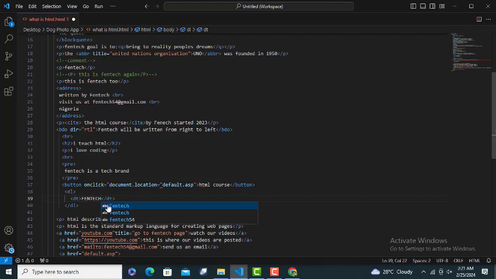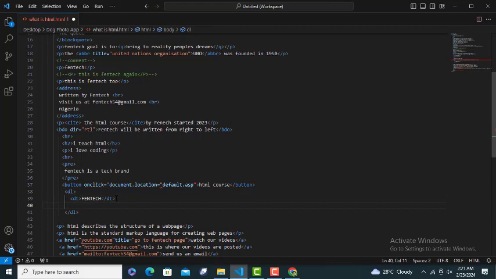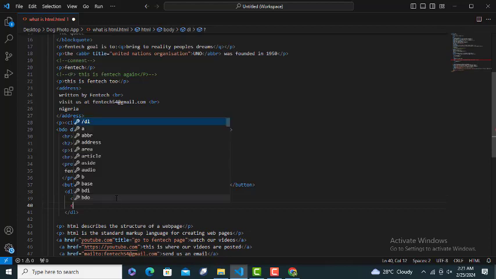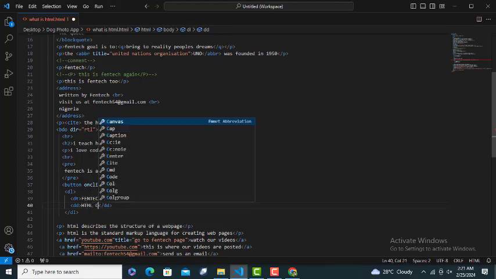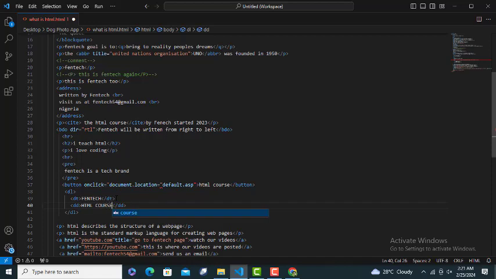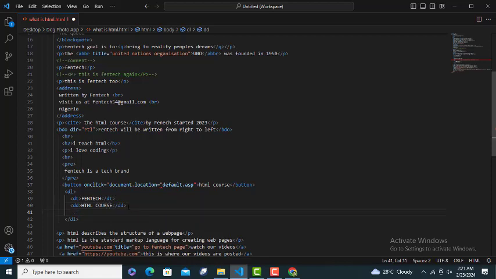Then I'm going to enter, and the next thing we're going to have is the DD tag, and we're going to have HTML course. And next we're going to have another DT